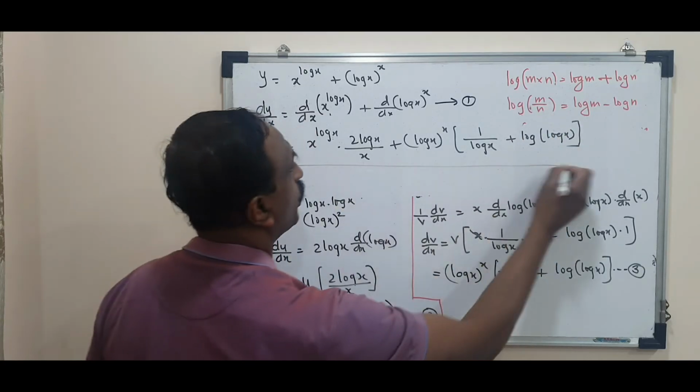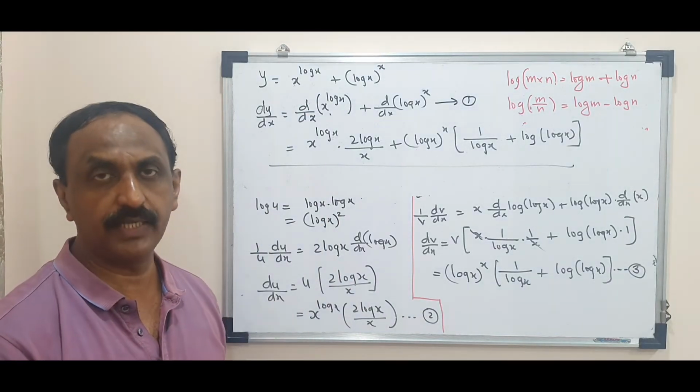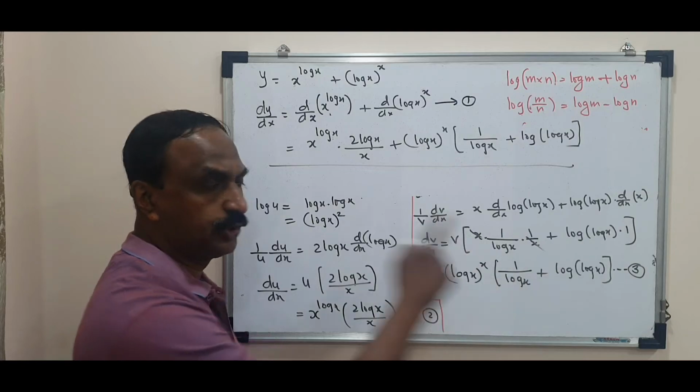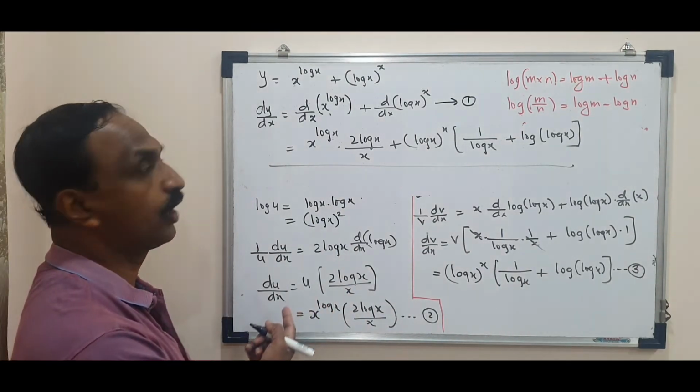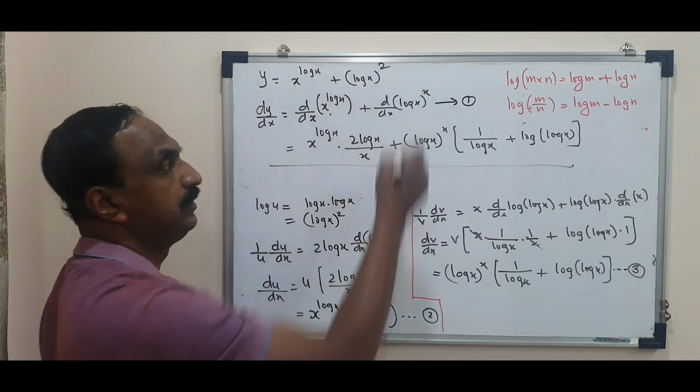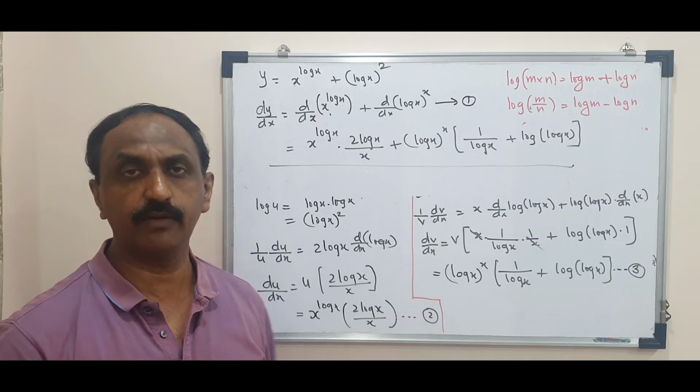So a very important point to remember here is when the functions are connected by plus or minus sign, you need to take each one separately, take log separately and differentiate. Sometimes you may not have to take log. For example, if I put a 2 here, you don't have to take log x to the whole square, you can directly differentiate. So the second term you can directly differentiate.